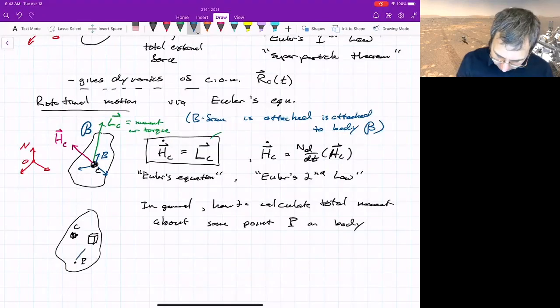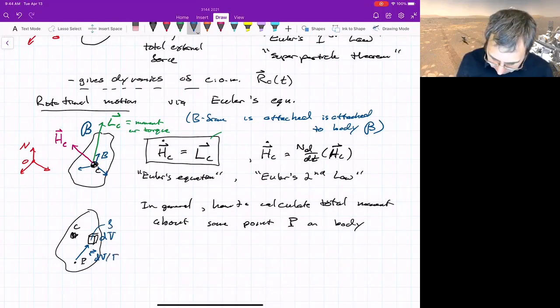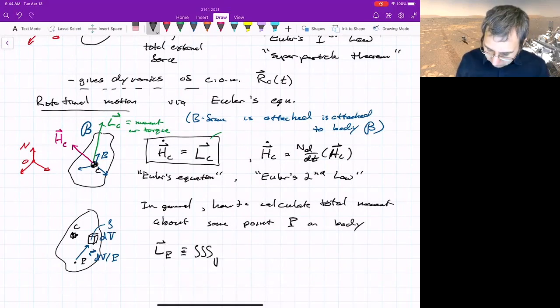I'll write the location of this. This is the location of that volume element, the volume element dV. It's got a density in it, and this might not be uniform density. The total moment with respect to the point P is defined to be the integral over the body, so over the volume, of the location of that volume with respect to the point P, cross,